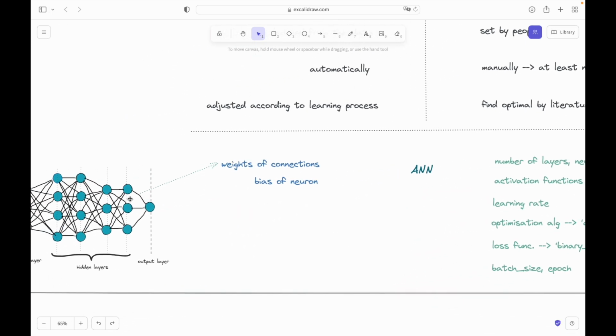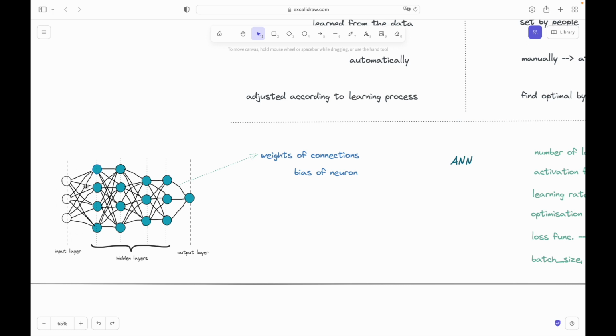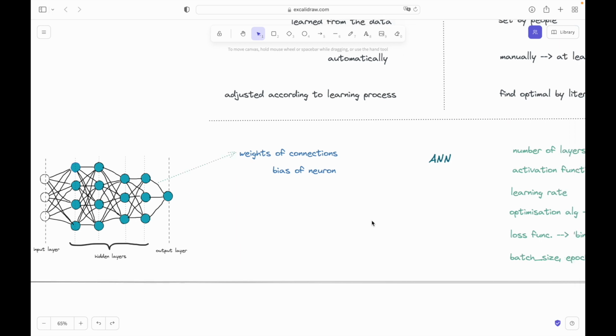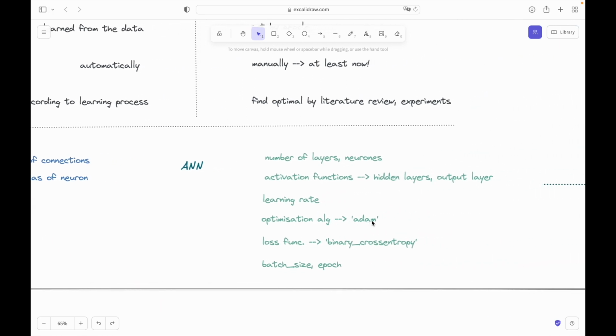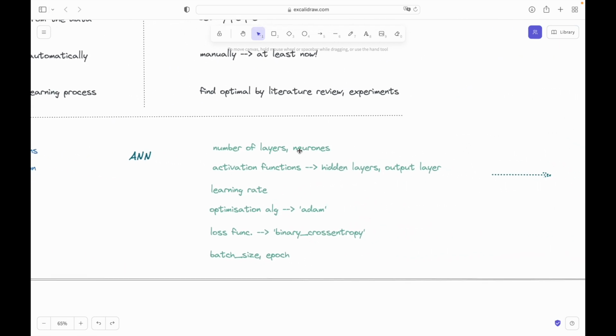If you look at the architecture of an ANN, these layers, neurons, these connections have weights and each neuron has a bias. These are the parameters of the model. The model will learn the weights of connections and the bias of neurons. At the beginning, the model will give random values for each, but then iteration by iteration, it will find the best values. But when we look at the hyperparameters, we will see number of layers, neurons, activation function types in